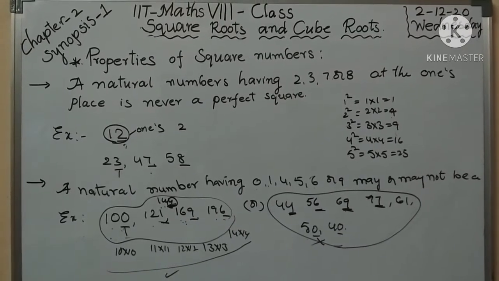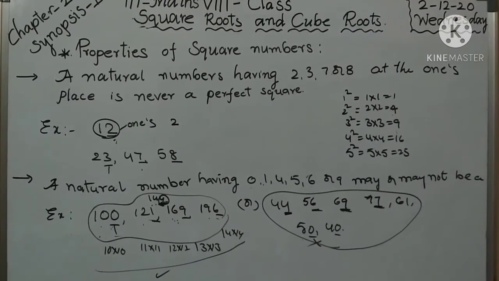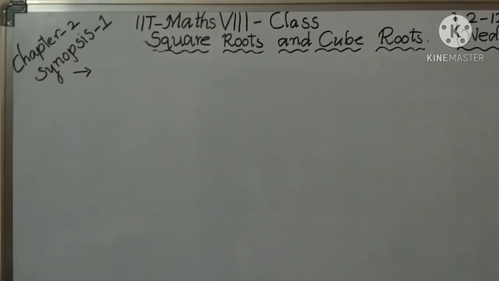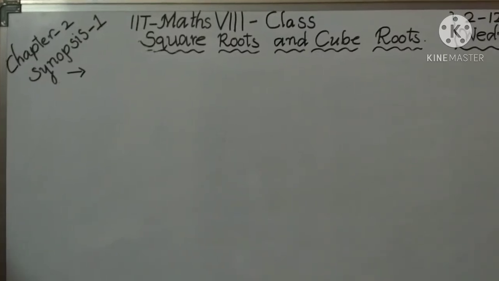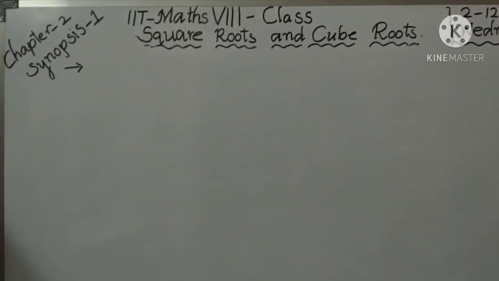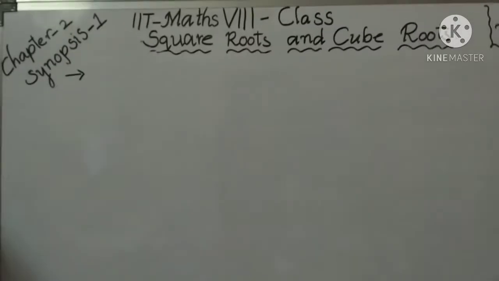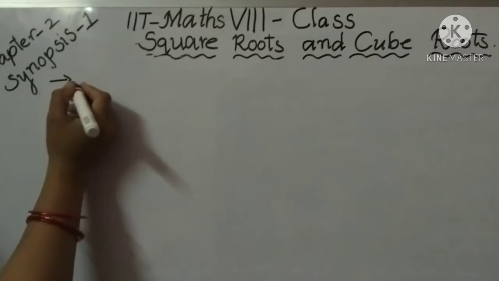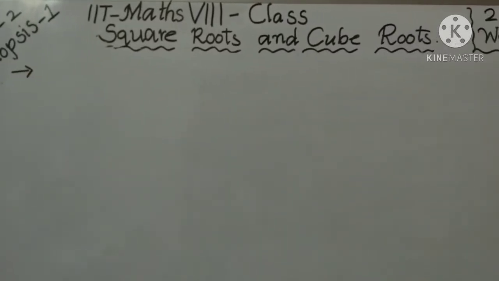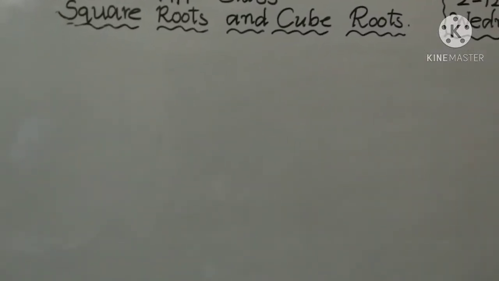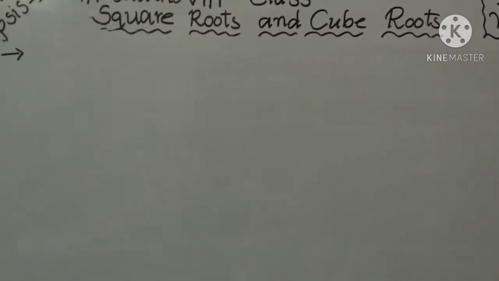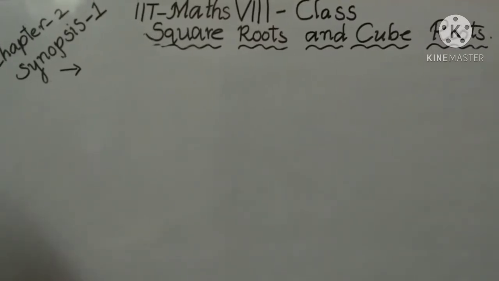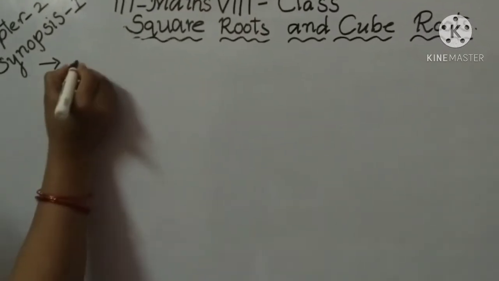And next, the third property. A number ending with an odd number of zeros is never a perfect square. For example,